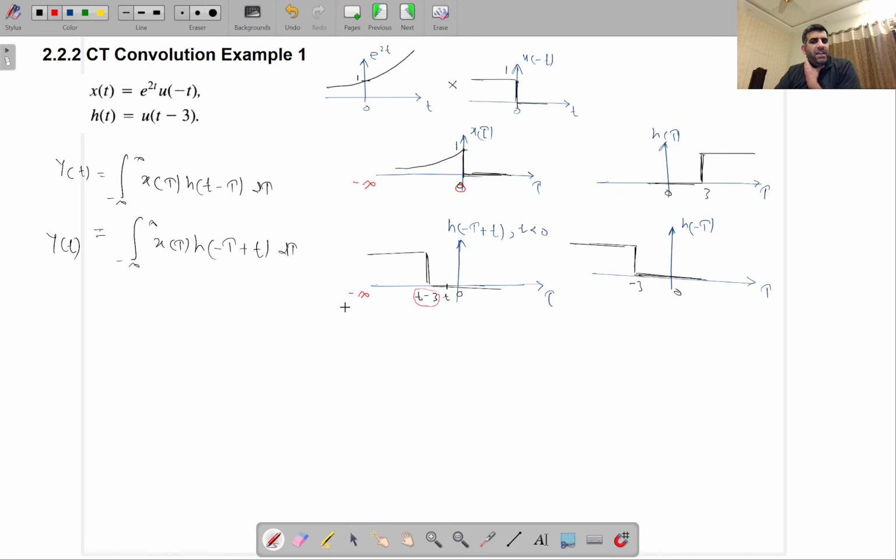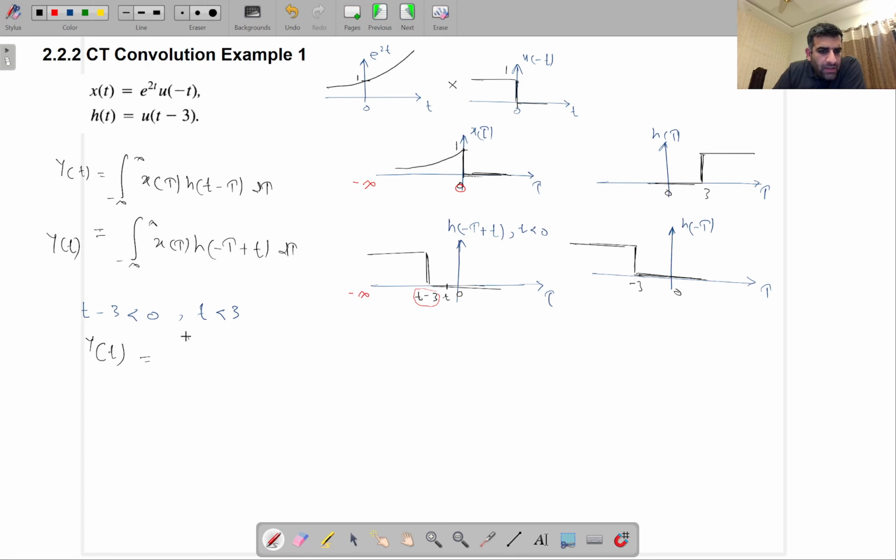Now on the left hand side, the first condition is that we need to make sure that this signal is on the left hand side. So this t minus 3 should be less than 0, not t less than 0, if you want this signal to be on the left hand side. So the first condition we are going to write is t minus 3 less than 0, which means t is less than 3. This basically means that this point, the t minus 3 point, is on the left hand side. It is somewhere over here. And then the convolution is